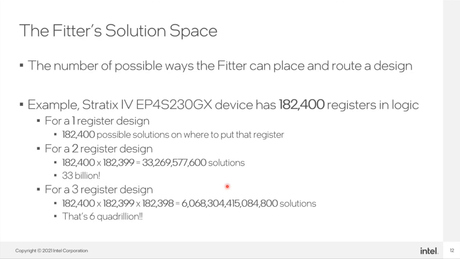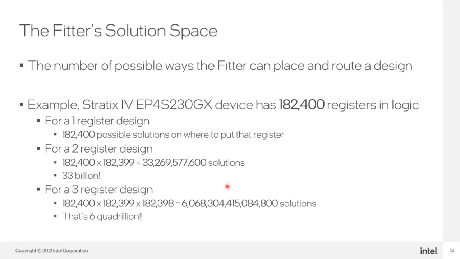Just as an example, consider a Stratix 4 part. If you have a design that's one register, you have over 180,000 possible locations. You say to yourself, well, Steve, that's a trivial design, and yes, probably every single one of those locations would be just as good as the other, so there's really no problem. With a 2 register design, the potential locations start becoming exponential quickly: 33 billion solutions. Again, a 2 register design is trivial, and one solution is probably going to be just as good as the next. But as you can see where I'm going here,